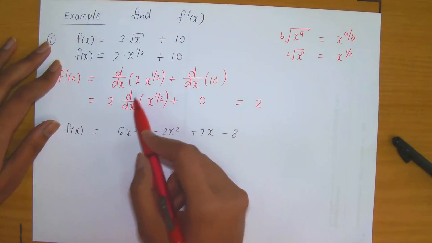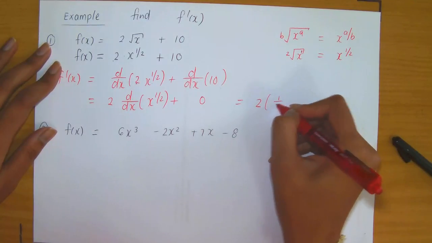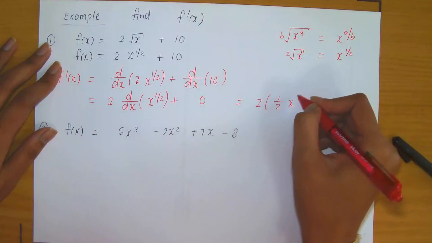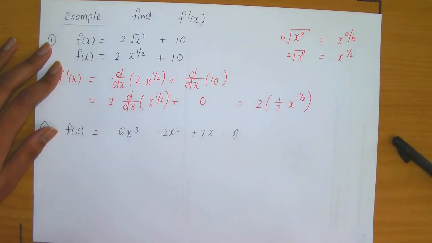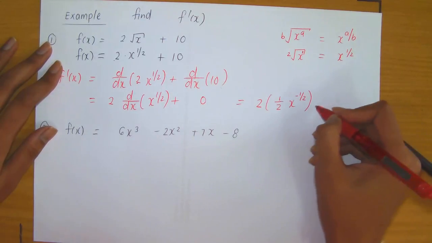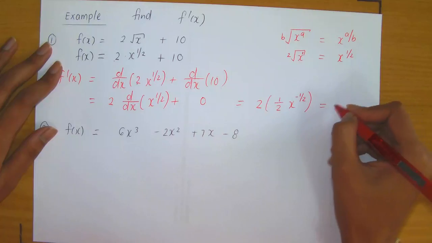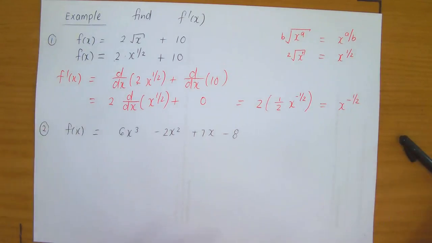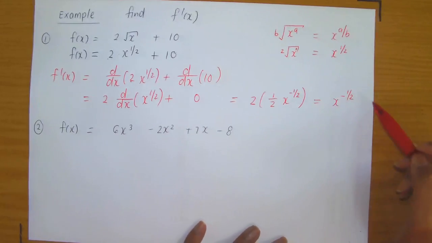This is now the power rule. So using the power rule tells me that this is going to equal half times x raised to the power half minus 1. Half minus 1 is negative half plus 0, so I'm not going to write that down. And then simplifying, I then have that this is 2 times half, which is 1, times x raised to the power negative half. Now, in general, whenever you're writing down the solution to something, we would prefer for the final